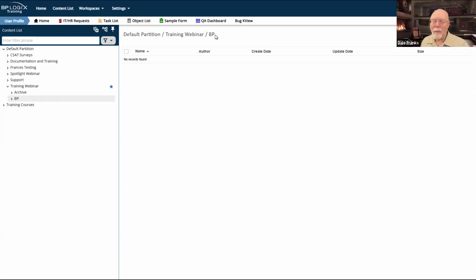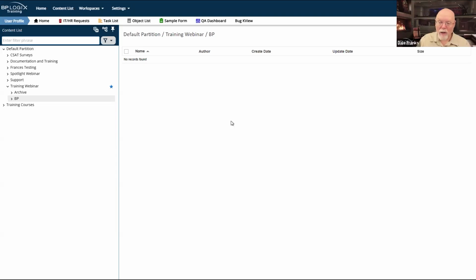So I have this new application I want to create. And the first thing I'm going to do is create a parent folder. I've called it BP for best practices, but this is my parent folder. Every object that I need for this application, so my form, my process timeline, most likely most of the business rules that I'm going to use, knowledge views that are associated with the form or the process, they all need to be created inside this folder.